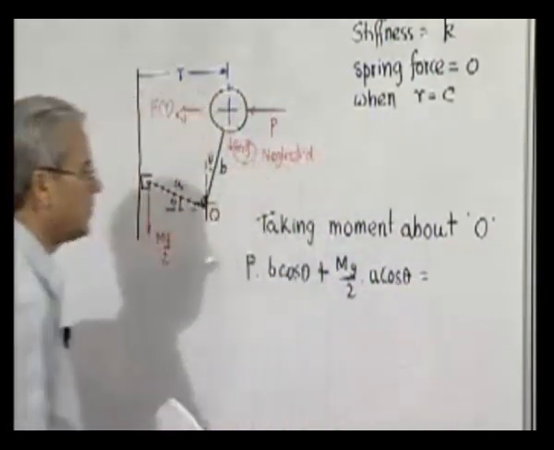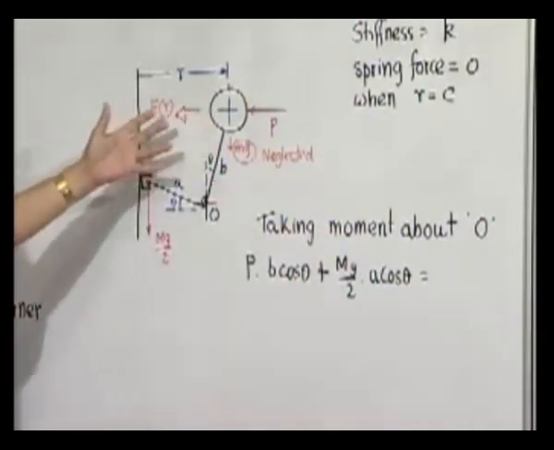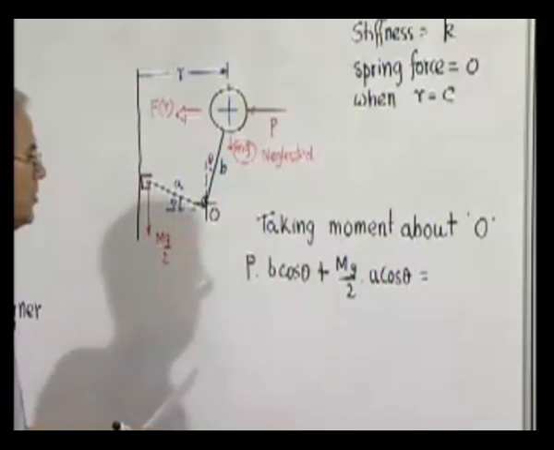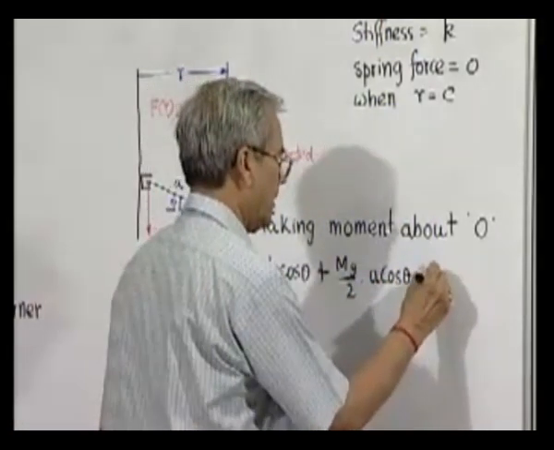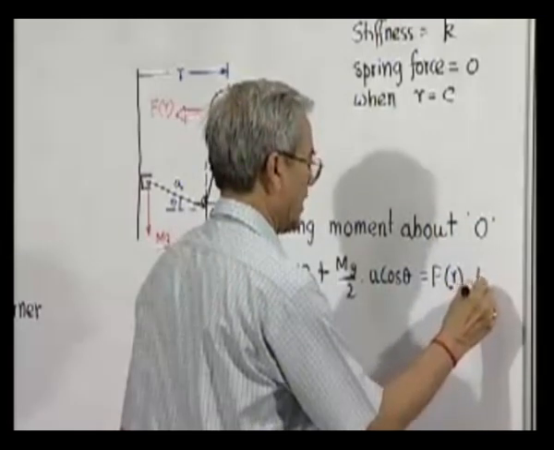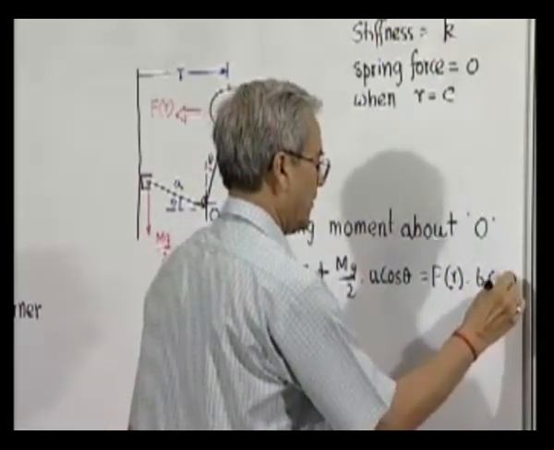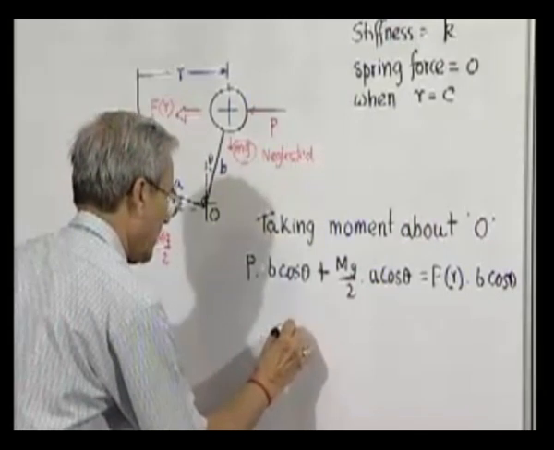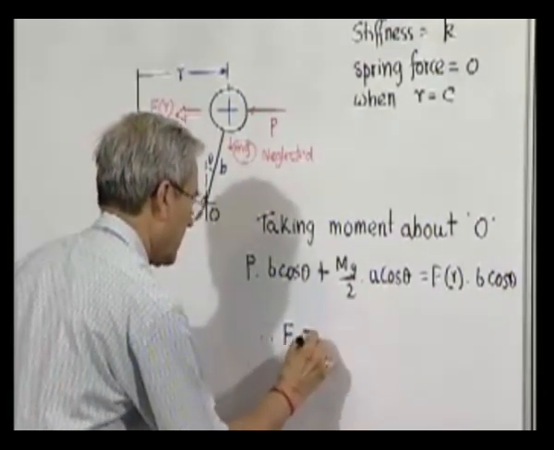And that must be equal to the equivalent control force if all these things are removed and an equivalent force is produced, its moment will be F into b cosine theta. So from this we can write F is nothing but P